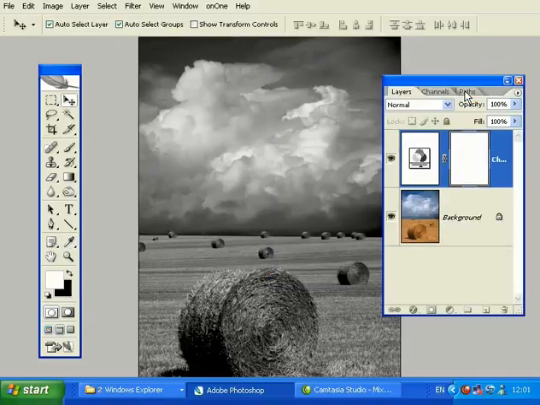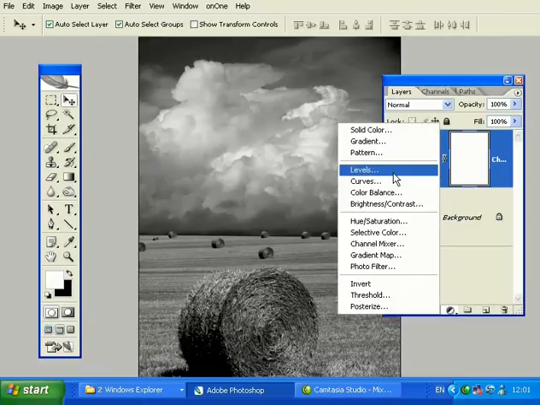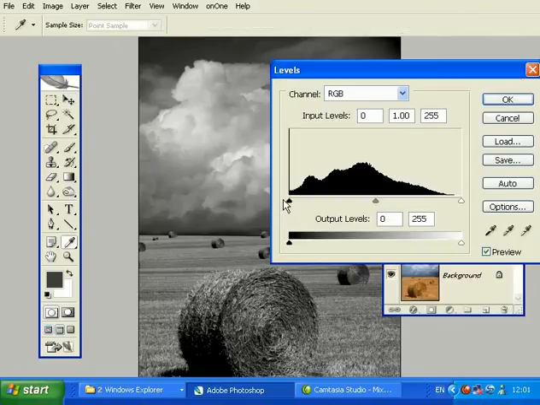So let's just click OK, and we'll add a levels adjustment layer now, because what we need to do is grab the brightest pixels and pull them up so they're whiter, and grab the darkest pixels and pull them down. And so we've got a nice strong level. At the moment you can see there that we've got hardly any pixels in the brightest area. So if I just drag this to the left, if I go too far you can see the image brightening up considerably, but if I go to about here, then we've got a brighter looking shot, and our highlights are